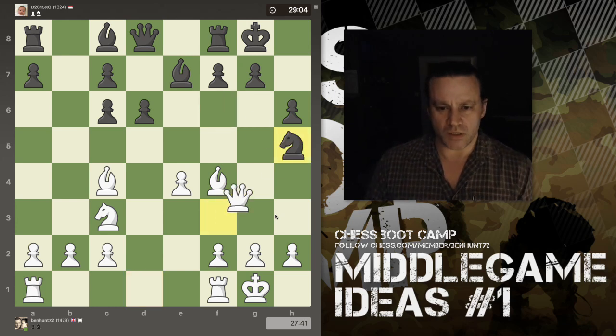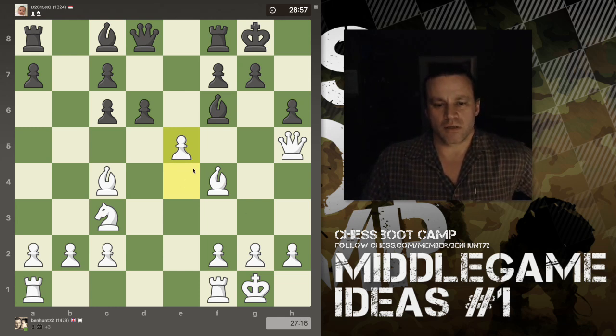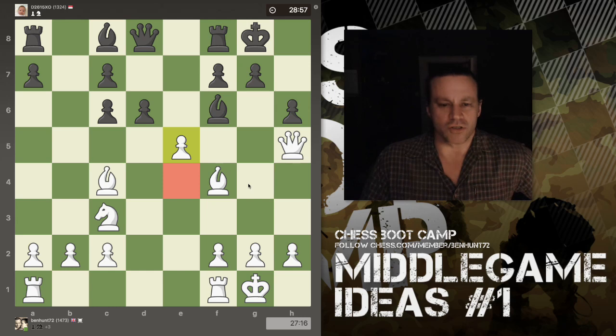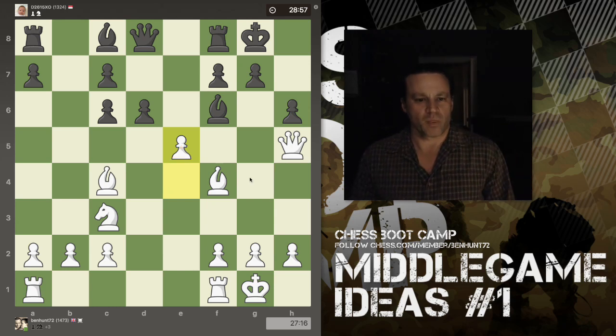So knight comes to there, blunder, knight is lost. Bishop comes out, and now e5. So, I mean, this pawn here on that square, it didn't have an awful lot to do. So I figure let's use it. Let's, you know, send it in as cannon fodder and just try and break up the position a little